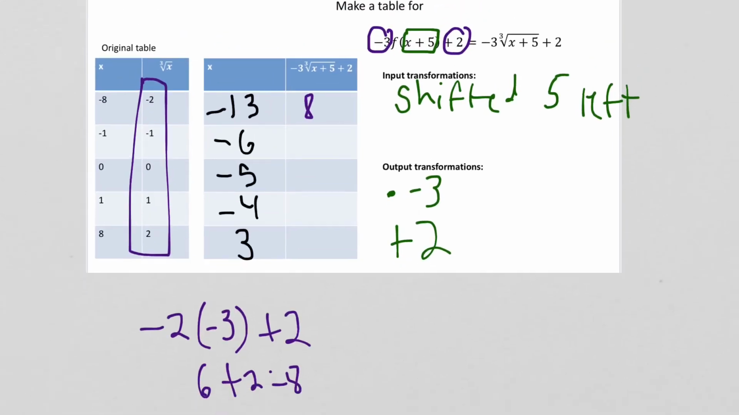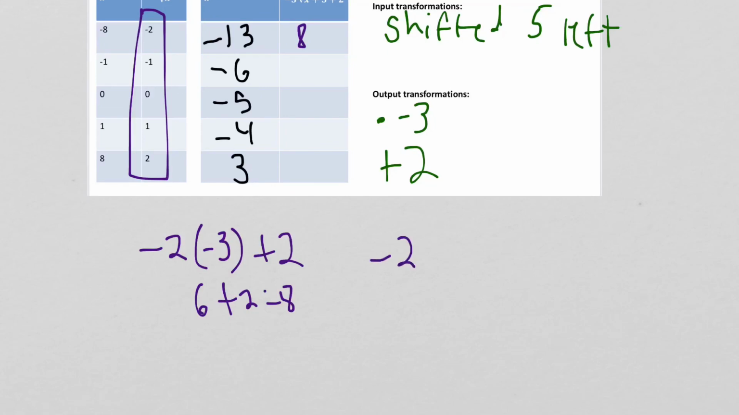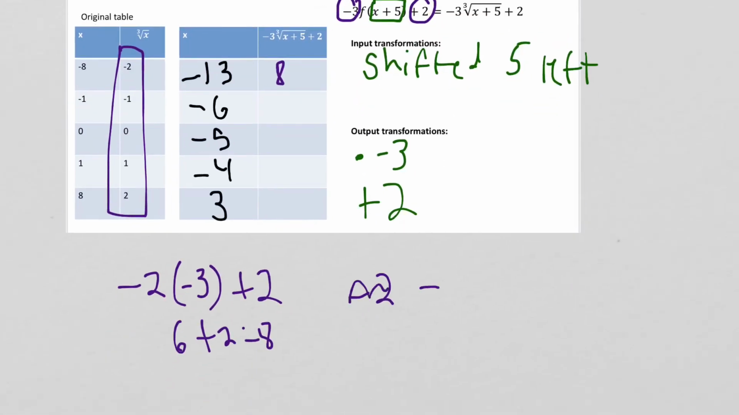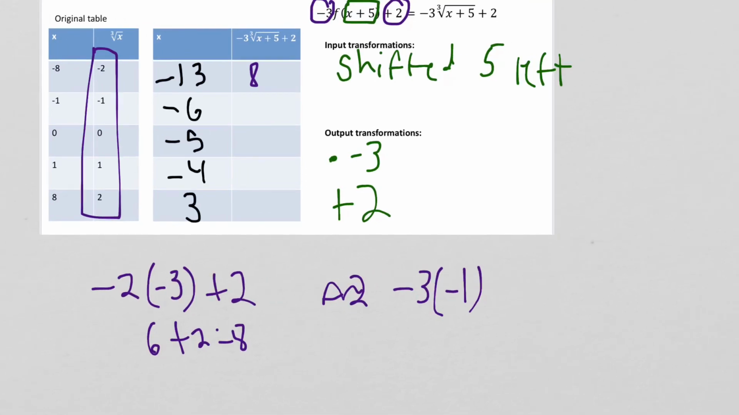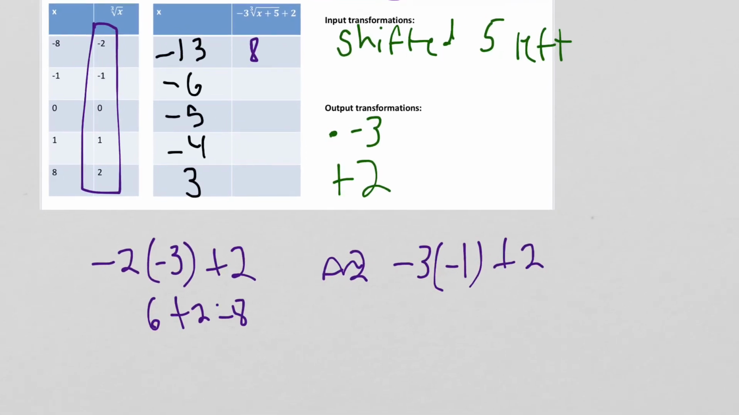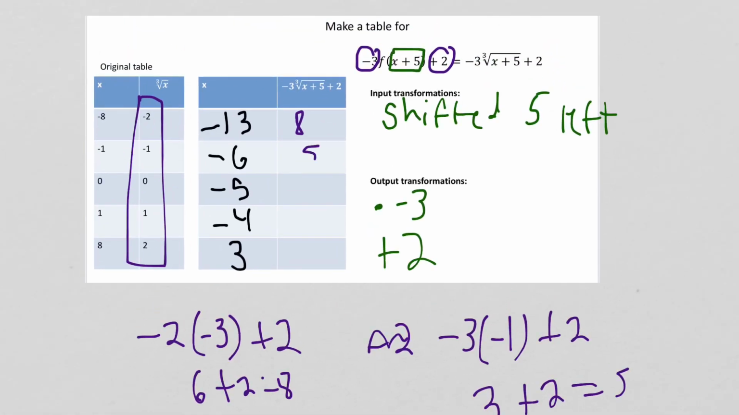Let's do another one, -1. So we're going to do -3 times -1, and then we're going to add 2. What's -3 times -1? That's 3 plus 2, that's equal to 5. So our new output is at 5. Okay. You can try to do these last three, 0, 1, and 2. Pause the video, try it out, and then unpause to see it filled in. So here's our filled in table. And if you're picturing this graphically, again, you had a point at 8, -2 that has now been shifted to -13, 8. You had a point at -1, -1 that's now been shifted to -6, 5. So if we go back and look at the graph,